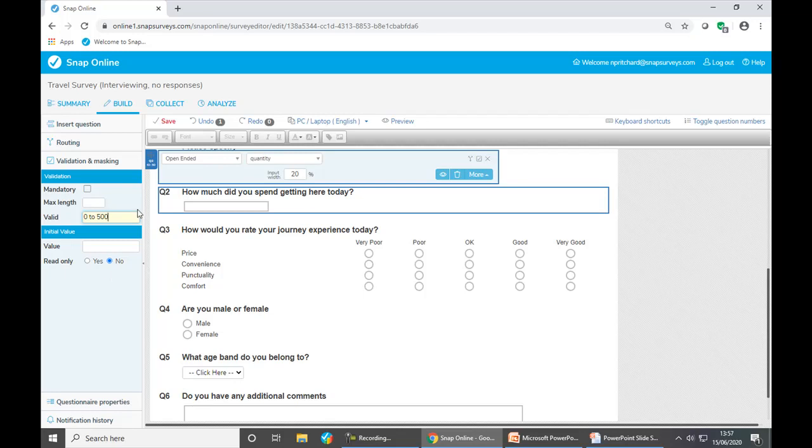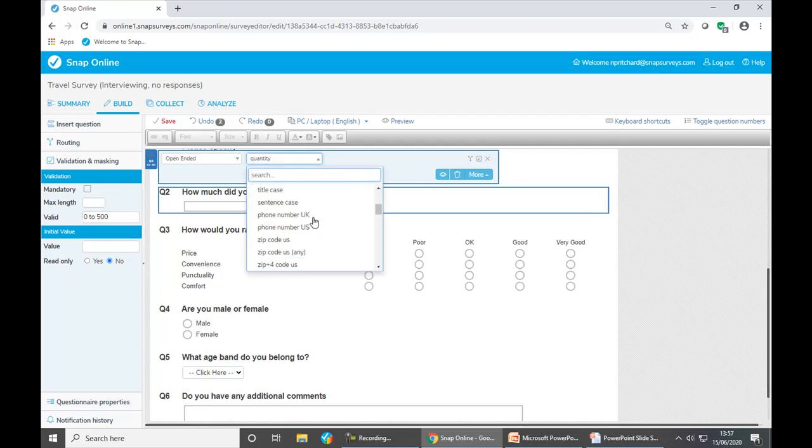And we can take it a step further. This is a quantity response question where we're expecting a monetary value, so potentially someone might put a pound sign in there, a dollar sign, or a euro. So if I drop down the quantity response option, we have a number of different patterns available to us, one of which is currency UK, Europe and US. Today I'm actually going to choose currency, which will incorporate all 3 of those, which basically just means that when the respondent's completing the questionnaire, it really doesn't matter whether they put the currency symbol in there or not. Snap will accept it and give it a tidy up in the background.